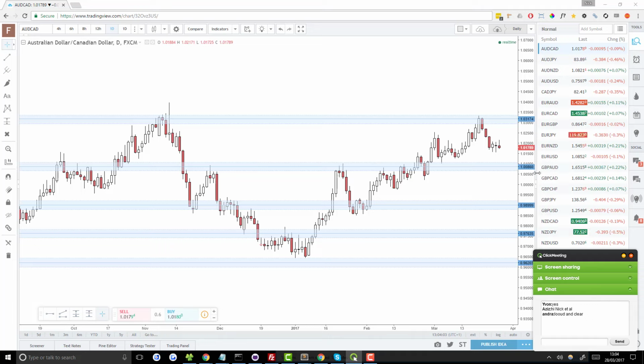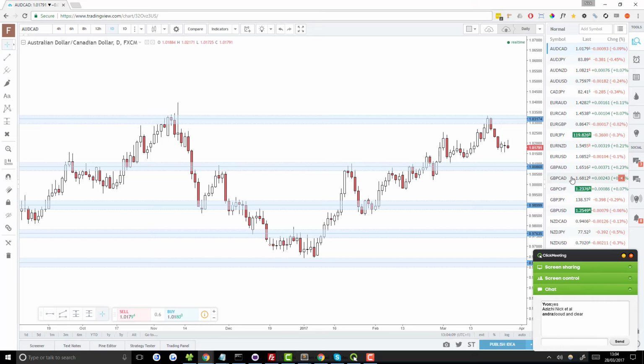So if Theresa May comes out tomorrow and says, I'm triggering Article 50, but I think it's going to be disastrous personally. She's not going to say that, obviously, but I'm just giving you an extreme example. And she says that, it's going to have a major impact on the pound. More likely, she's just going to give a speech and people are going to be picking that speech apart for clues as to what the potential effects of Brexit are going to be. And if there's anything that can even be cast in a slightly negative light, the pound could fall